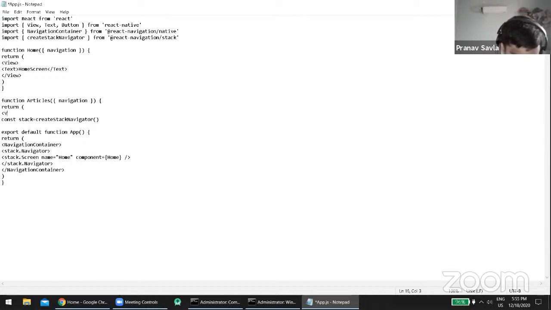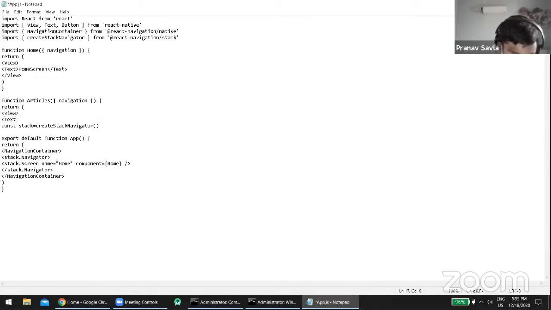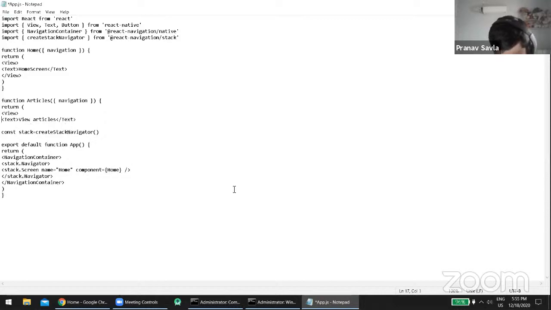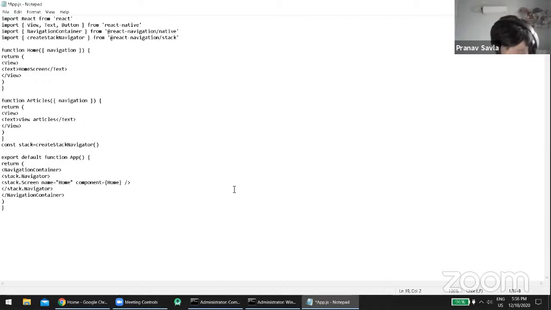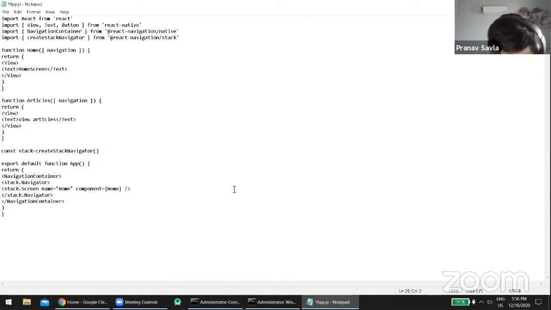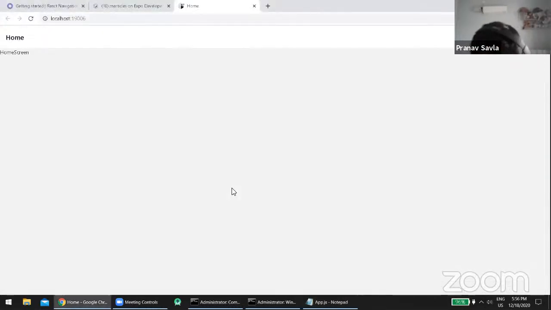And I can just say return a View and a Text that says View Articles. Oops, I think I may have. And if I now add another screen to this stack, which will be named Articles, and the component will be Articles. All right, so we have another component,